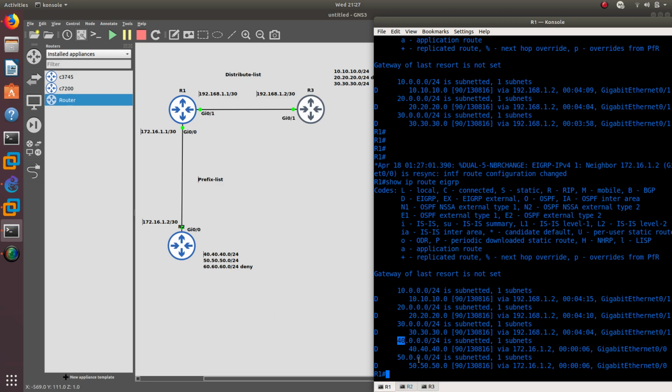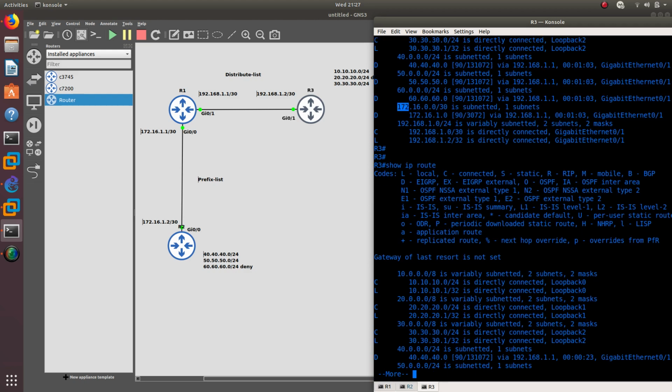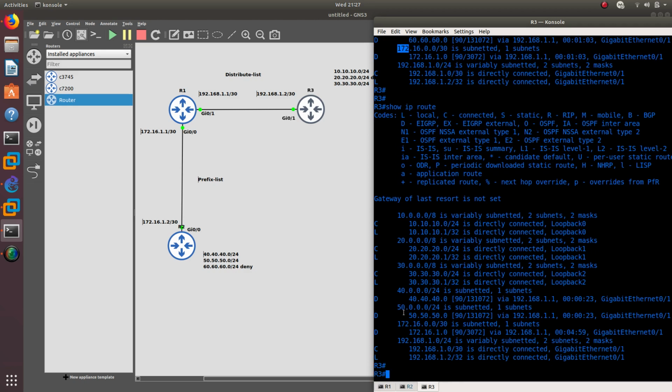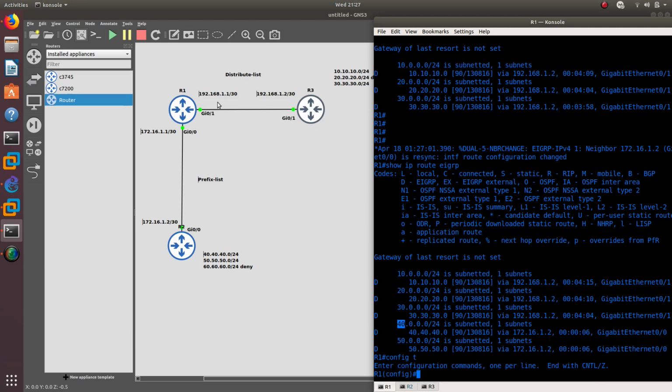Great. So now, also if you go to router 3, it should not be able to see those routes, just the 60 network. It's also being removed from router 3 because router 1 is not getting it, and then router 1 is not going to advertise it to router 3, right? So now let's go ahead to router 1, config T, and let's remove,